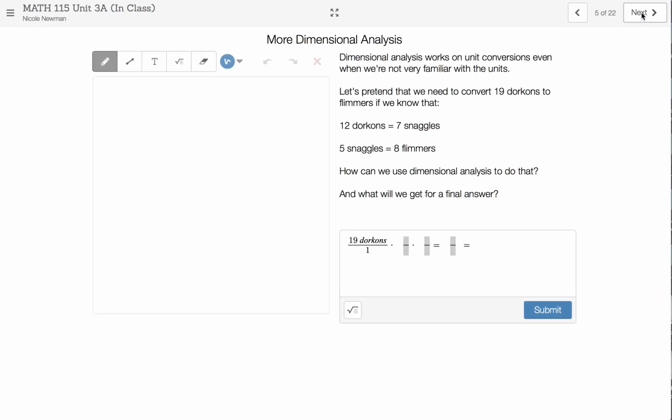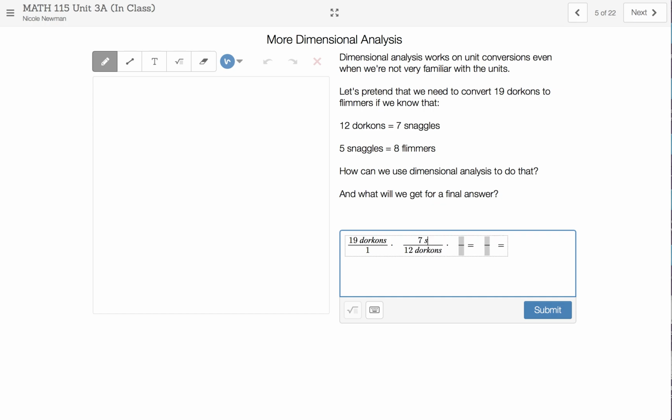Dimensional analysis works in situations even when we're not familiar with the units themselves. So I gave you some made-up units, and we're going to finish this one together. We need to convert 19 dorcons to flimmers. So 19 dorcons over 1 comes first. In my fact pair, up here, I can convert dorcons to snaggles. So the dorcons, if they're going to cancel out, need to be in the denominator, and it reads 12 dorcons